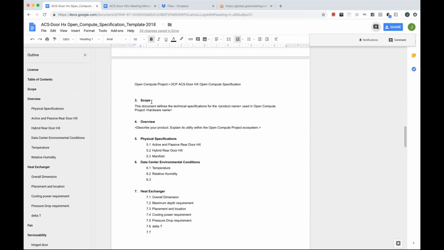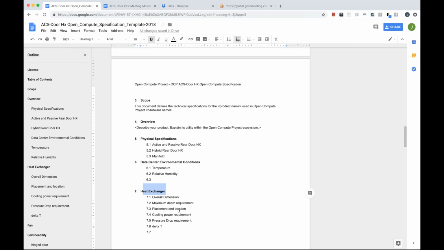So, the scope of the work and overview and some physical dimensions, and I'm thinking to discuss the concept, the description of what is an active and passive rear door heat exchanger, and then also what is meant by hybrid rear door heat exchanger, and some manifold associated with the hybrid rear door, and some of the data center environment conditions including temperature and relative humidity, and also talk about heat exchanger dimensions, depth,